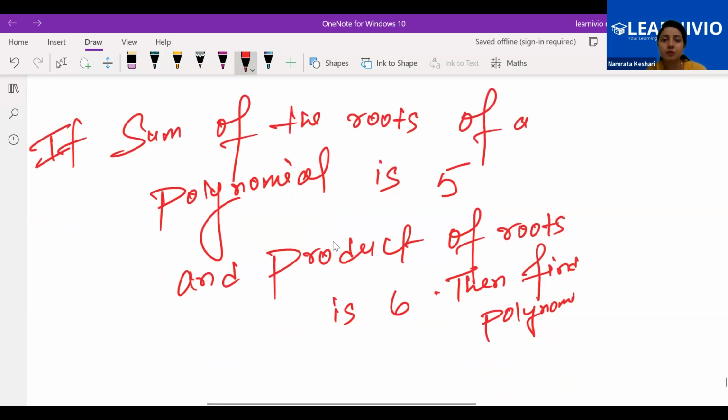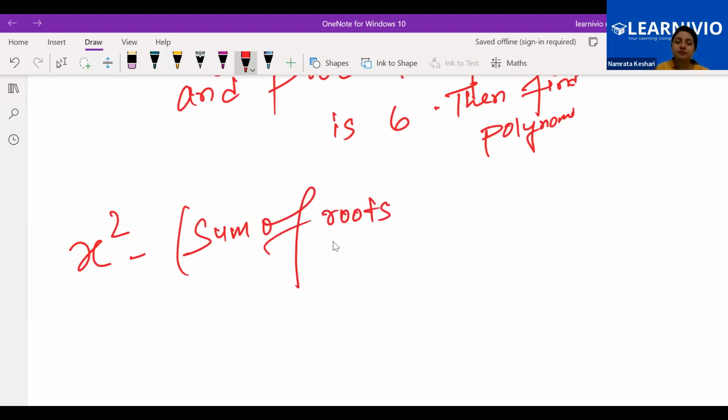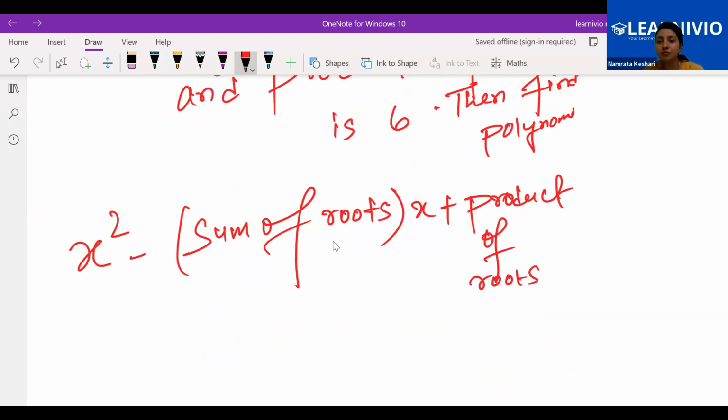Have you seen this formula, Alvina? x square minus sum of the roots into x plus product of the roots. Have you seen this formula, Alvina? Ma'am, I saw a formula similar to that under quadratic polynomial, that x square minus alpha plus beta x plus alpha beta. Yeah, it's that only. So